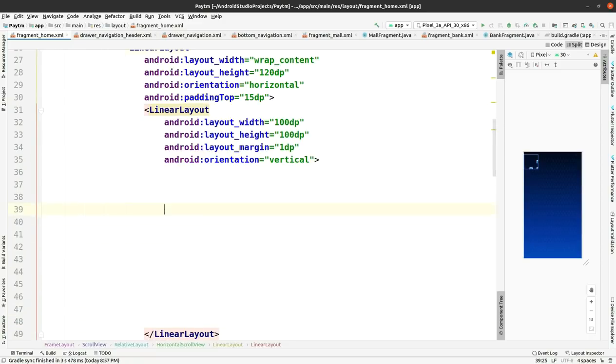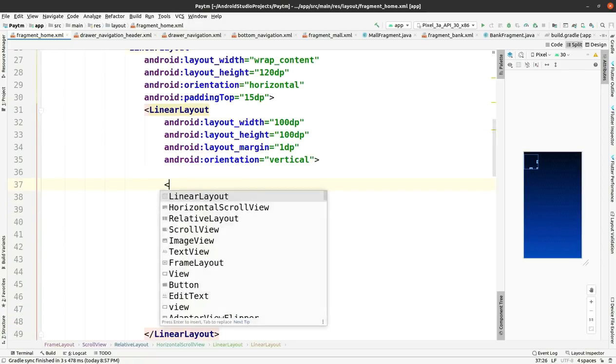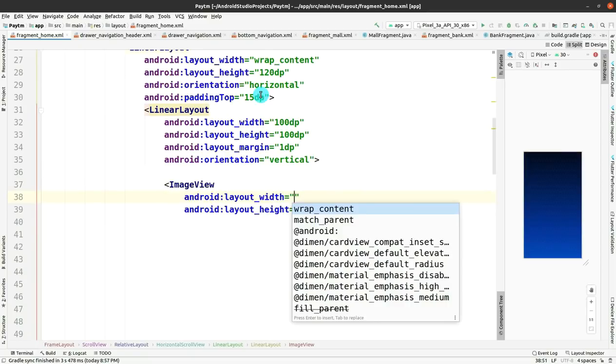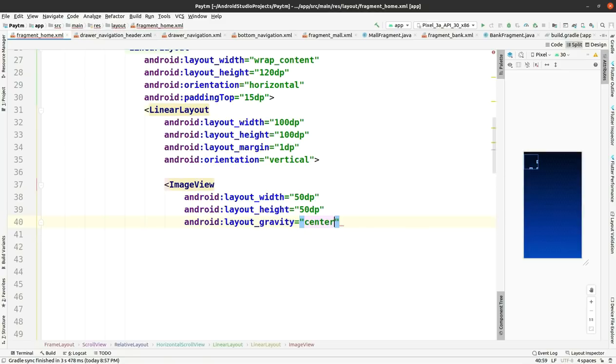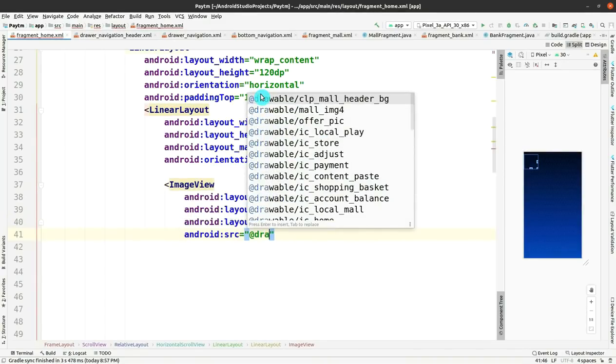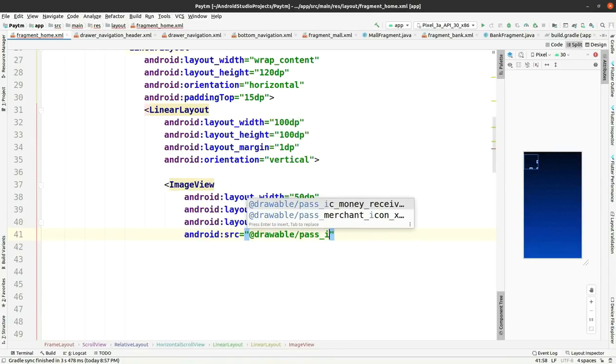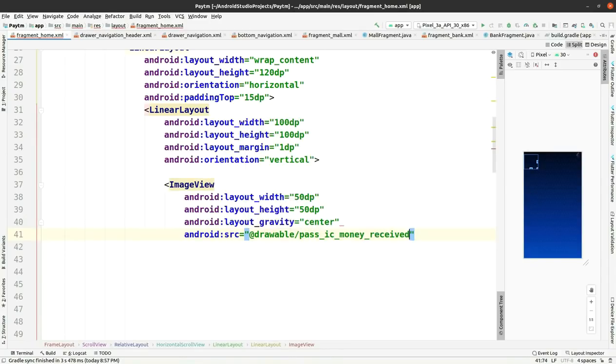After that you have to add the image view with width 50 dp and height is also 50 dp with the gravity center, and the source will be added from the driver folder, and it is added. Yes, in the right side of your screen you can see that. Okay,